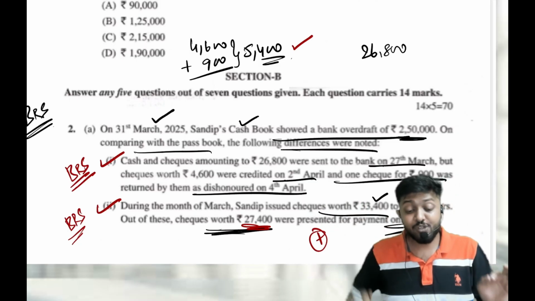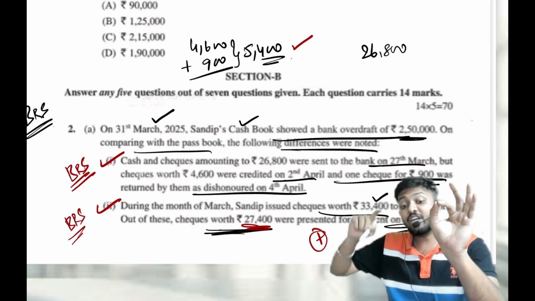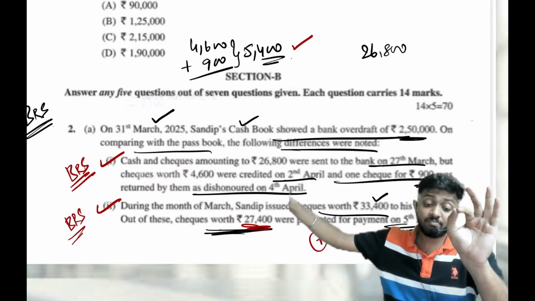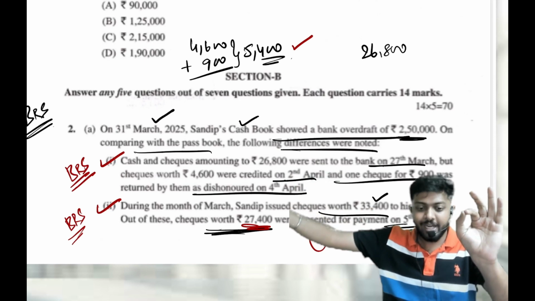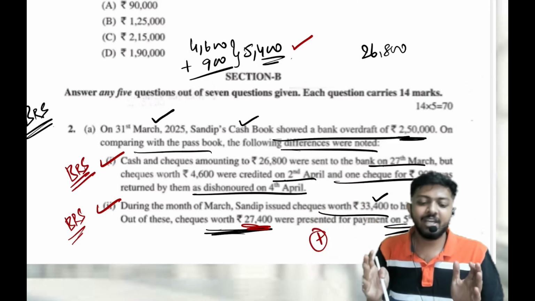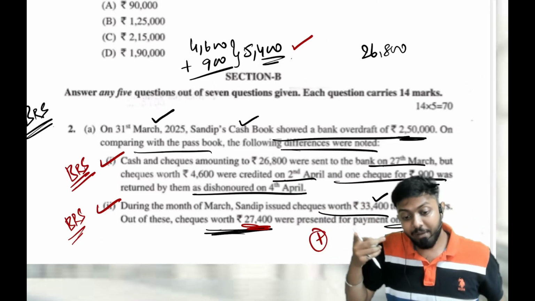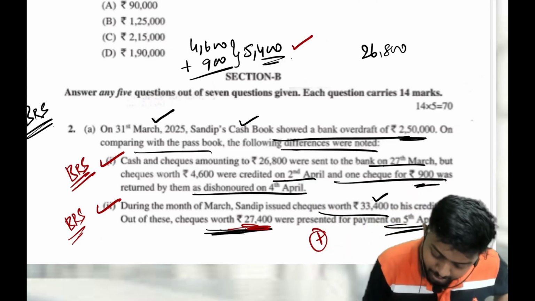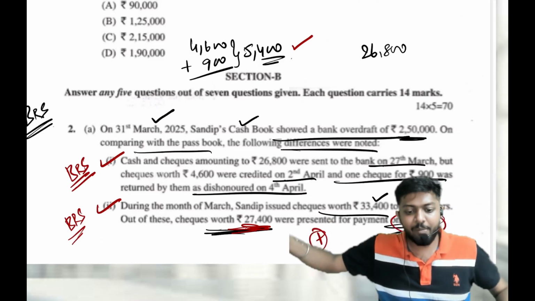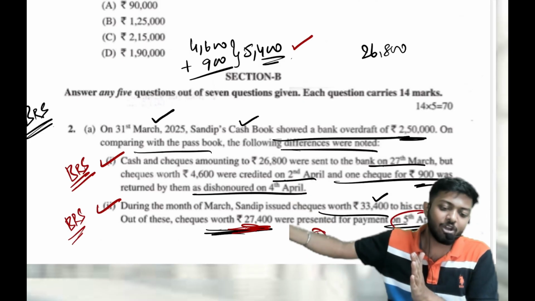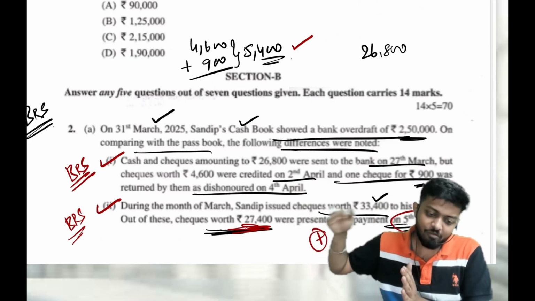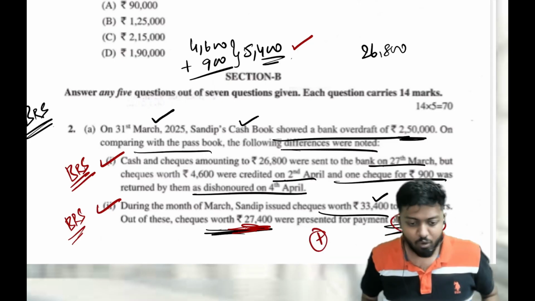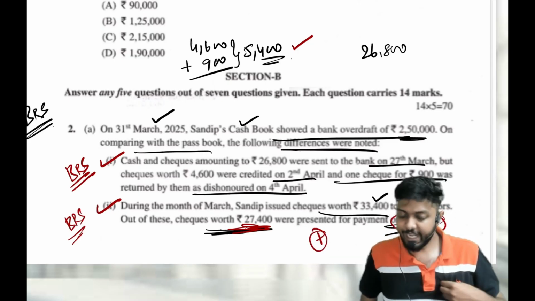But suppose I issued a check on 29th Jan, and he presented it later, and the money was debited from my bank account on 3rd or 4th Feb. Now when I am preparing BRS for 31st Jan, a difference will be created, because the money was deducted from my bank account in the next period. So here 27,400 was presented in April, the next period. We are preparing BRS for 31st March. Of course the difference will be because of 27,400. The remaining checks may have cleared already, so they cannot be the cause of the difference.